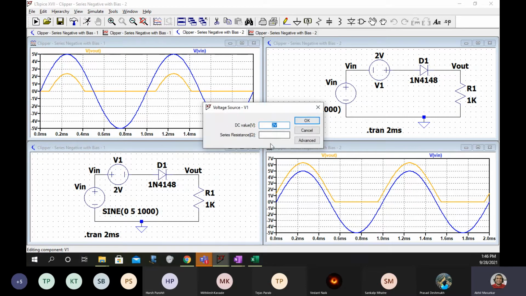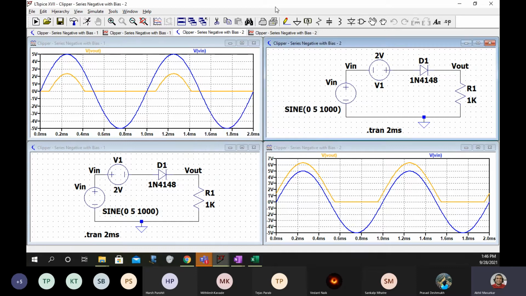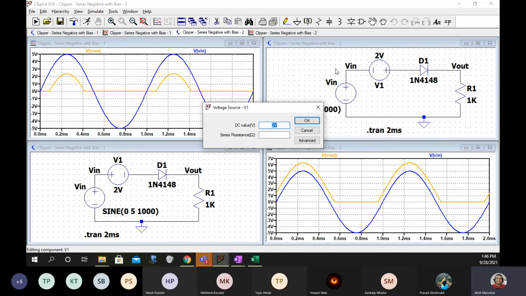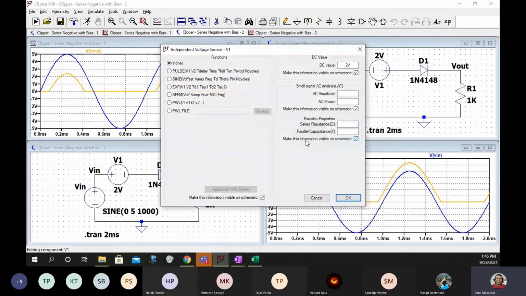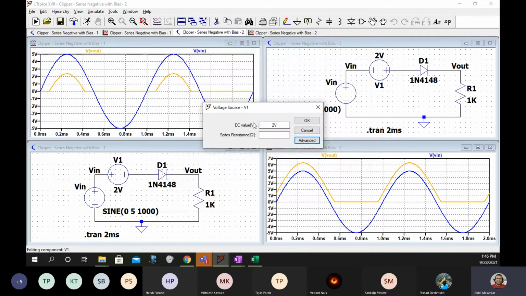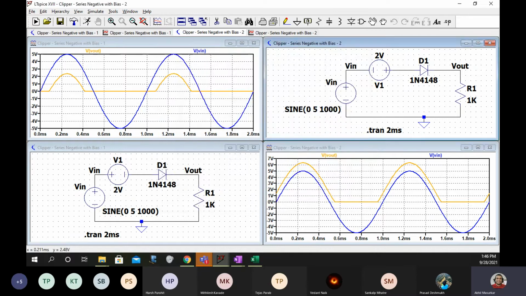So while selecting this, directly you can put a DC value. And how can you get this source? By default, it will be a DC source only. If you want to convert it into something else, then you have to go to advanced. If you write none and if you write here 2 volts, it will be taken as a DC source only. Come on. So I want you to show me these two outputs now. Come on, quickly.